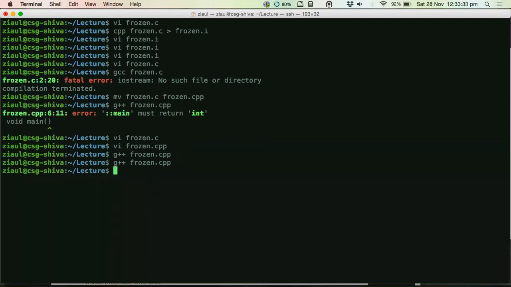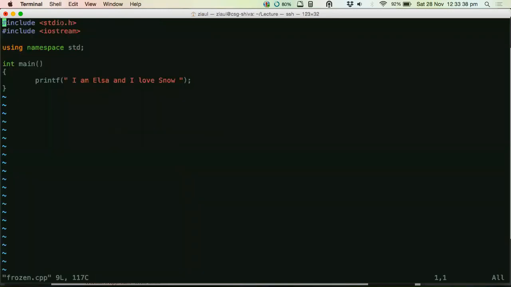Because that header file is a part of CPP, it's not C, but the header file for C is still there. The stdio.h is still there. Sorry, I also mispronounced it, it's stdio. Why it works with stdio still is because C is a subset of C++, right? So that header file is included as a part of CPP as well. So the compiler accepts stdio inside a CPP file. So we can use C in C++, but not the other way around, right? Because C++ is the superset of C. That's why.